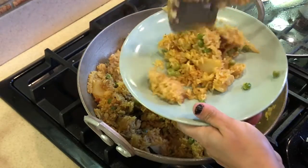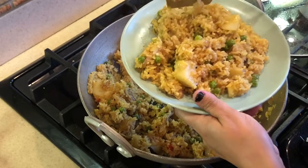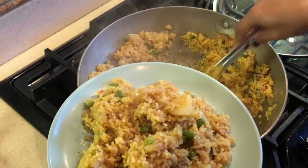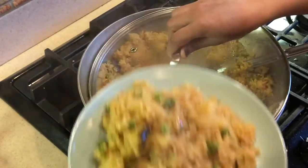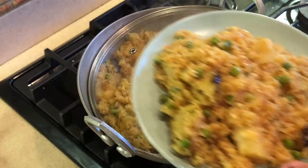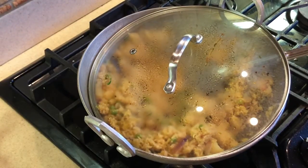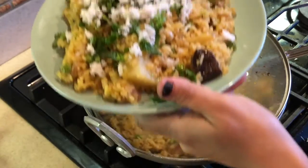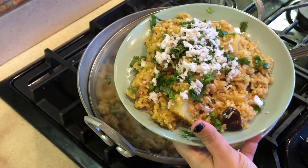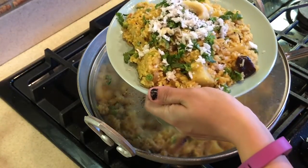It's time to serve. The steamy hot masale bhat, which is flavored rice, is ready, and I'm serving it in a plate. And we will be garnishing this with freshly grated coconut. I have used a frozen coconut, set it at room temperature, and I'm also adding coriander. Last but not the least, I'm topping it up with 1 tablespoon of pure ghee on the top of this dish, and this is so